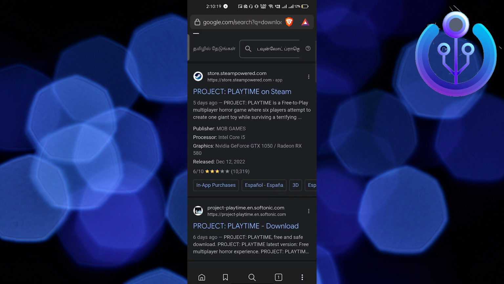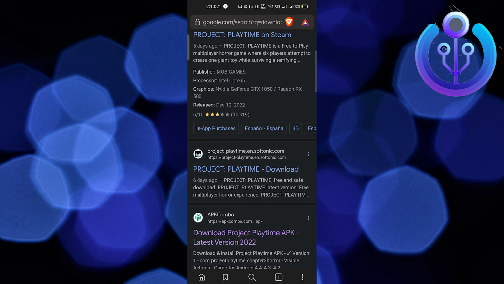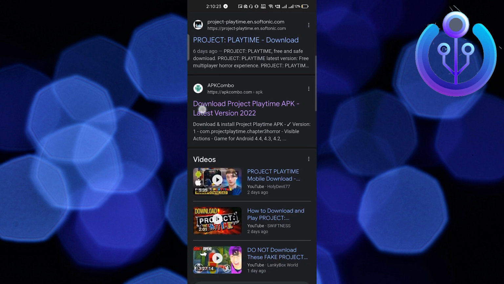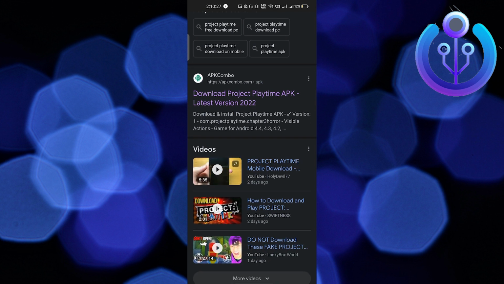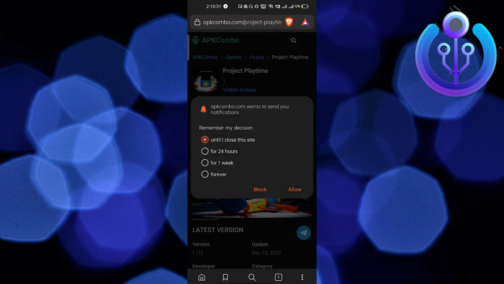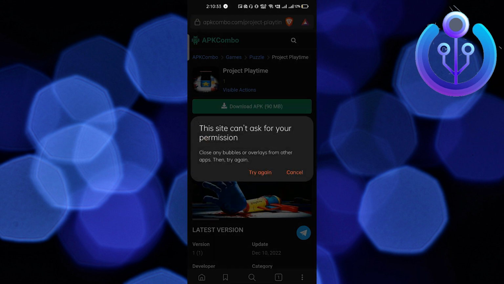Basically, you can download it from Steam, but that is for the PC, I guess. Here you can see that you can download the Project Playtime APK. An APK is basically something you install on your phone. So just click here, and after that you have to click on